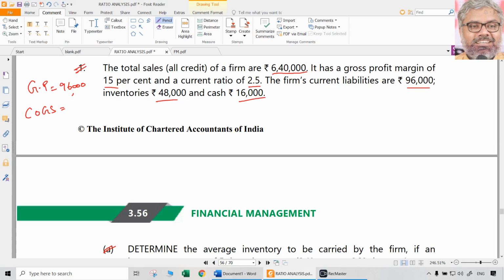If 15% is gross profit margin, cost of goods sold ratio will be 85%. So how much will be cost of goods sold? That will be automatically 5,44,000. By taking 6,40,000 minus 96,000 or directly 6,40,000 into 85%. Either way, you will get a cost of goods sold of